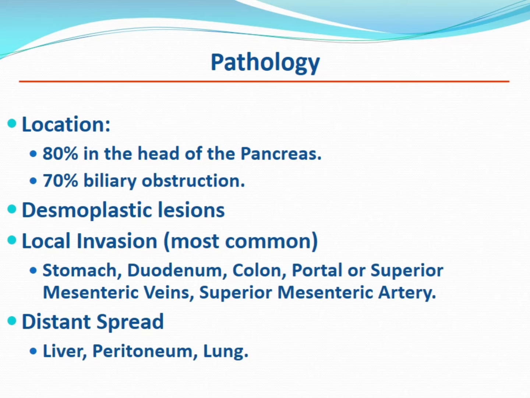As we have said before, 80% of pancreatic cancer occurs in the head of the pancreas. 70% of cases present with biliary obstruction due to lower bile duct obstruction. Pancreatic ductal adenocarcinoma is characterized by the desmoplastic reaction. Local invasion may occur into the stomach, the duodenum, the colon, and the portal vein or superior mesenteric vessels, and distant spread may occur to the liver, the lung, and